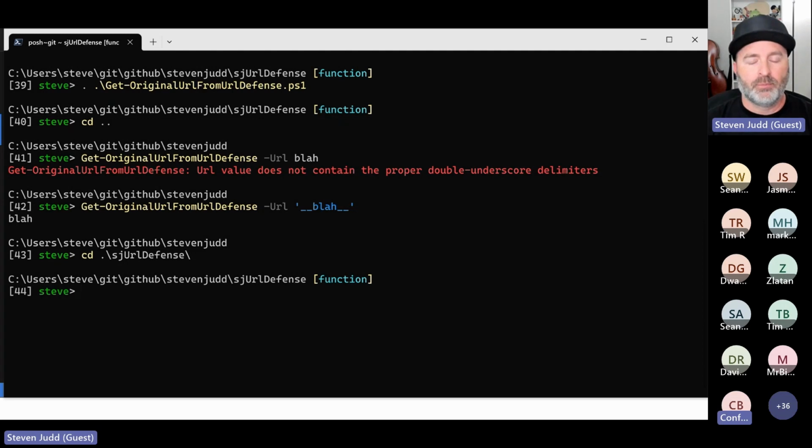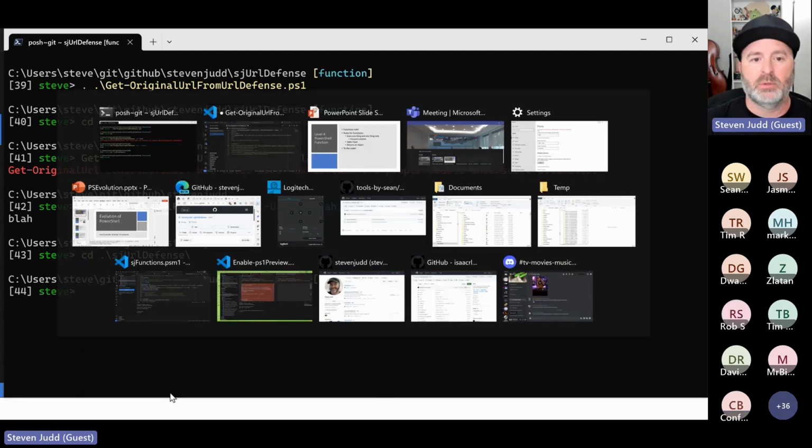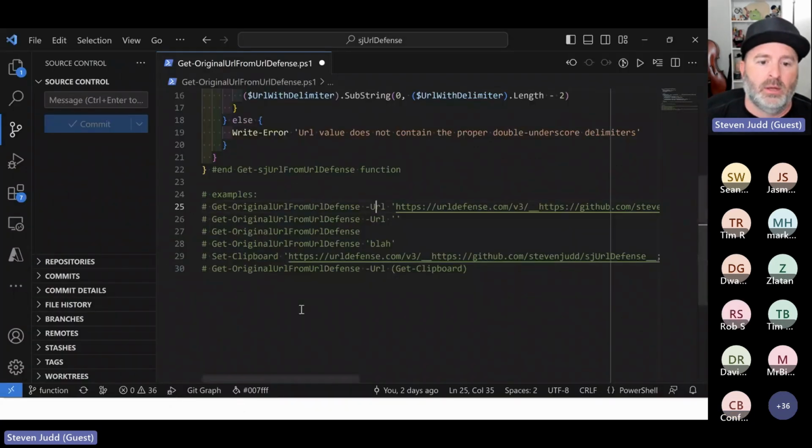I wanted you to continue on, but Cody was asking about actually making your URL parameter a multiple part. And so to do that, I don't know if you're going to get there, but I wanted to say it's absolutely possible, and you just got to iterate through it. So you can pass it multiple URLs and then have it give you multiple URLs back. Oh, yeah, multiple URLs. All right, so that would be an advanced function. So let's continue on.